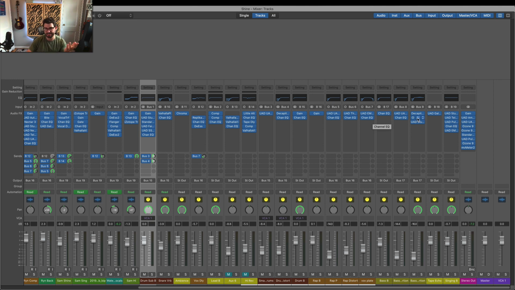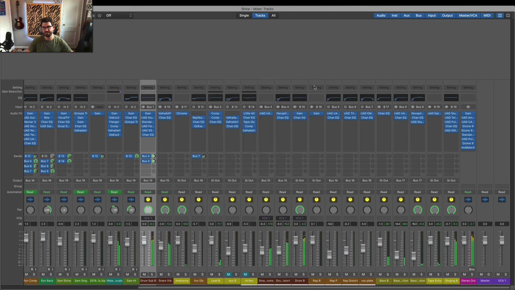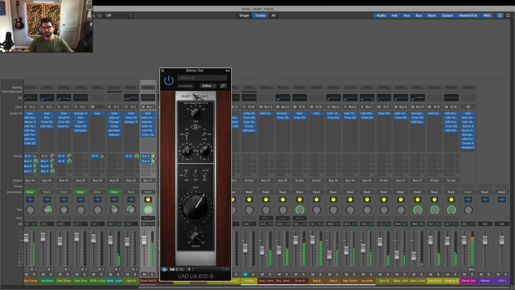So on this, for example, I'm running it through some tape emulation, which makes it a little fatter, a little low end bounce, a little tight bit of compression, which sort of glues everything together, and a little bit of saturation. Just fattens it up.